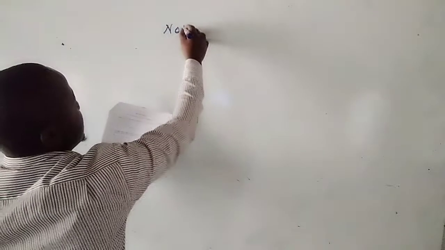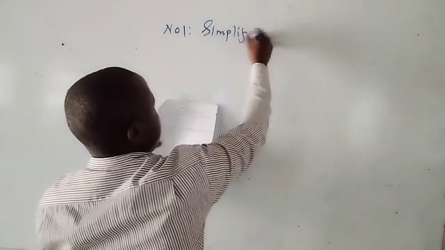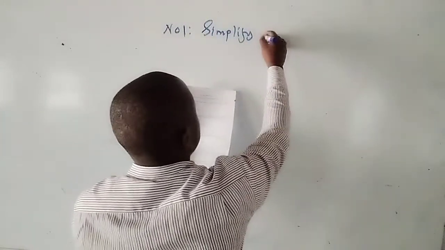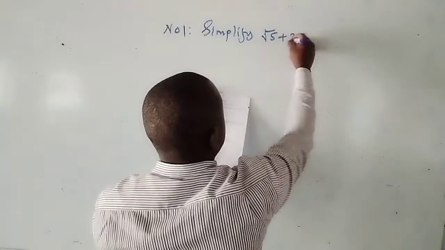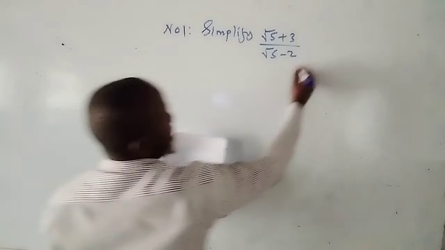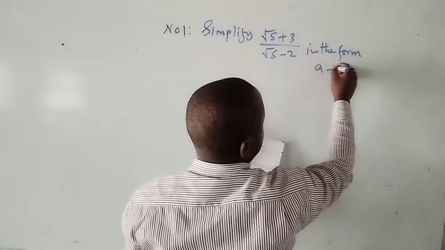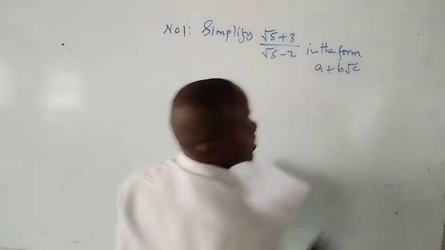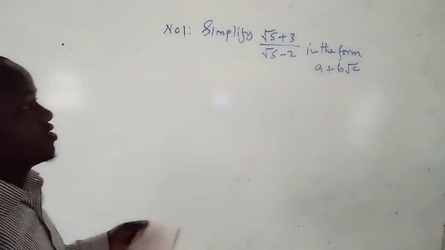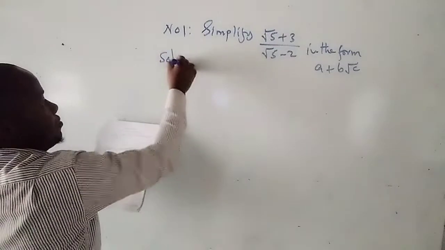Number 1, it's a question on surds. Simplify root 5 plus 3, all over root 5 minus 2, leaving your answer in the form a plus b root c, where a, b, and c are all integers. Solution: